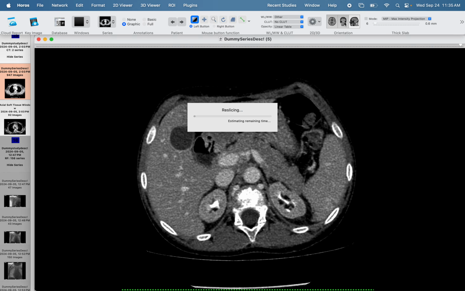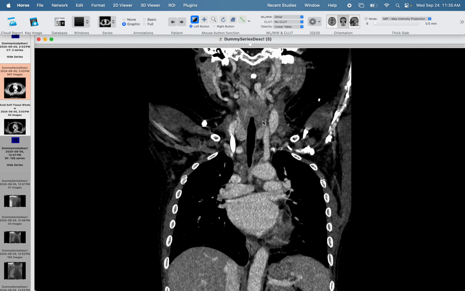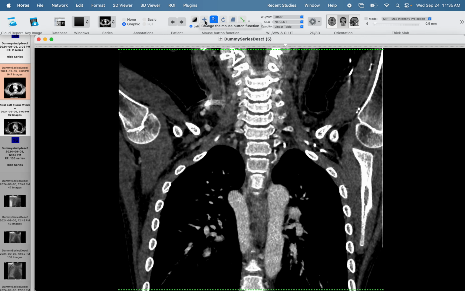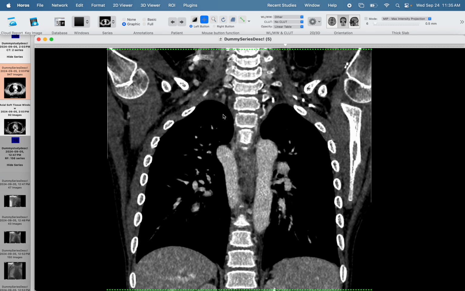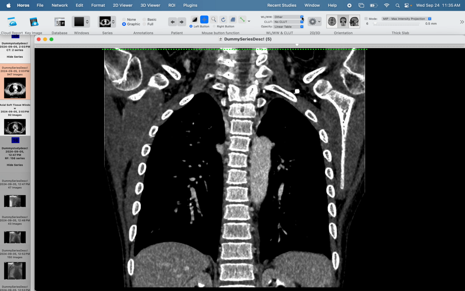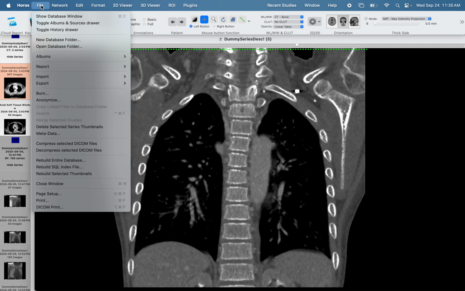Then you can change your orientation. Make a coronal image, get the correct crop, and you can also change it to bone window, and then do the same thing: file, export